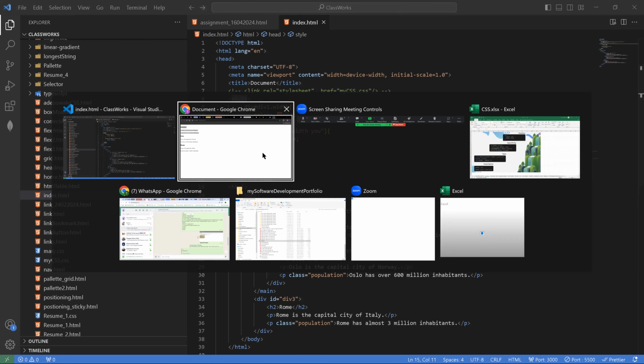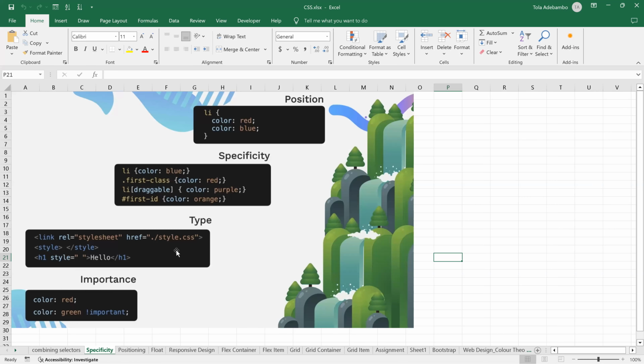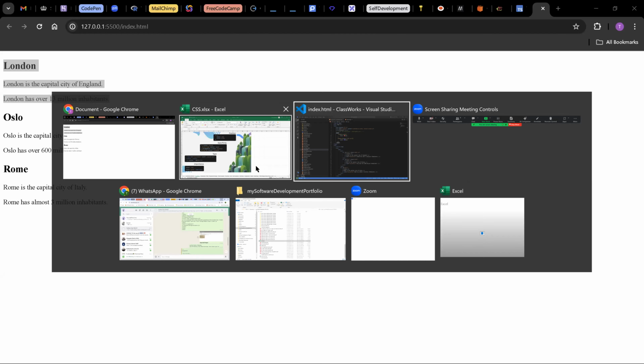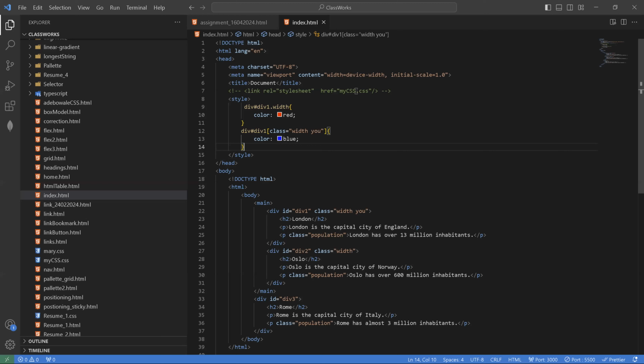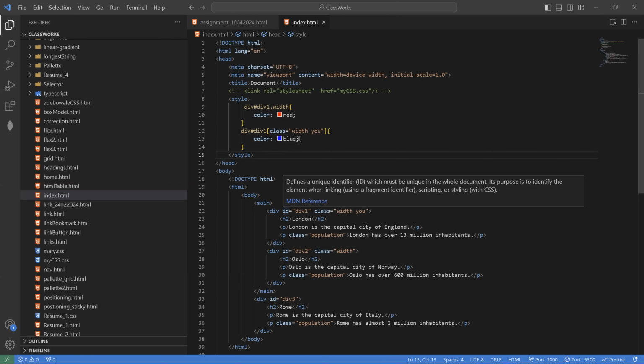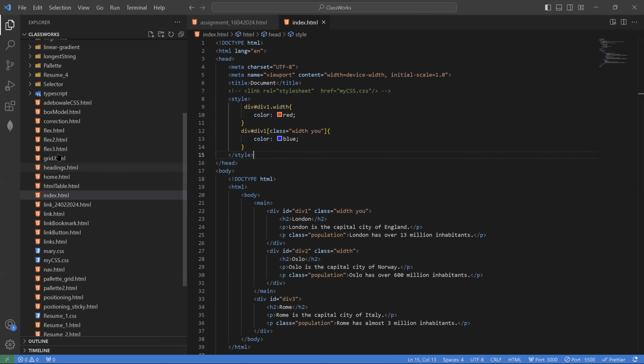So now we are going to the types of CSS: external CSS, internal CSS, and the inline. Which one takes preeminence? Now I'm going to create an external file. Let me be sure I do not have any file called my CSS in my documents. Okay, I do right here. So now I'm going to open up my CSS,